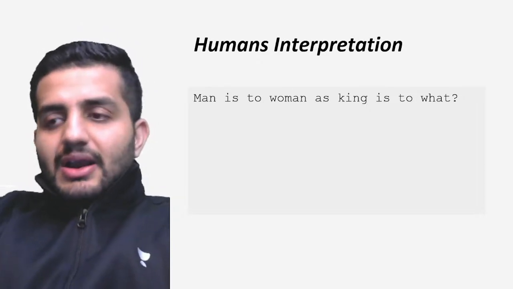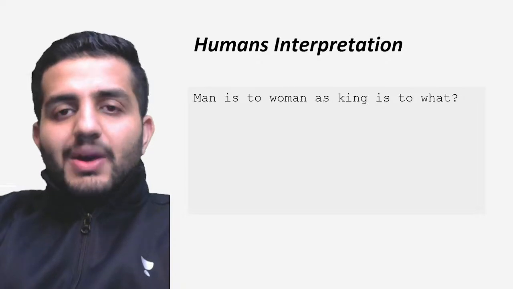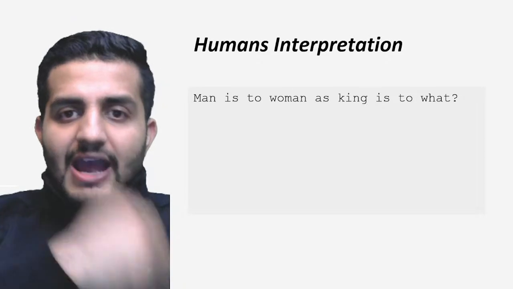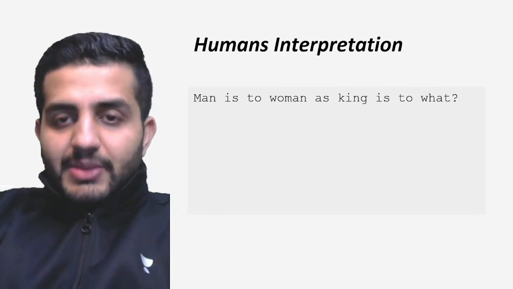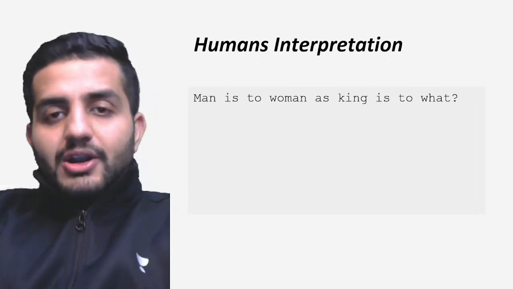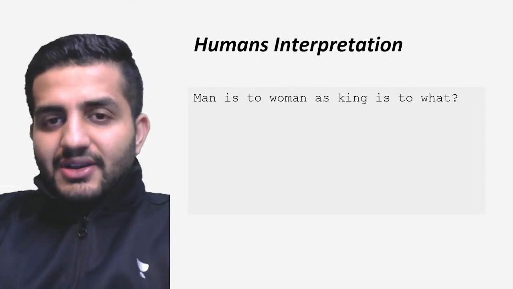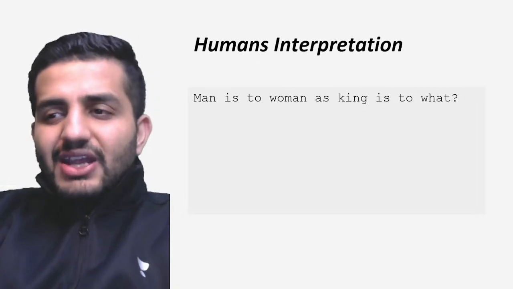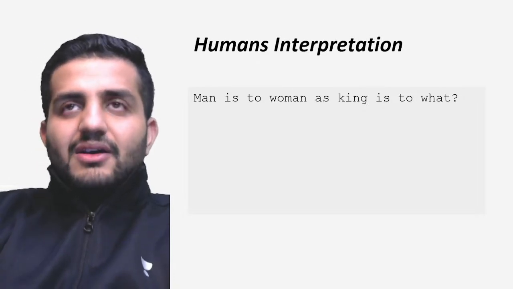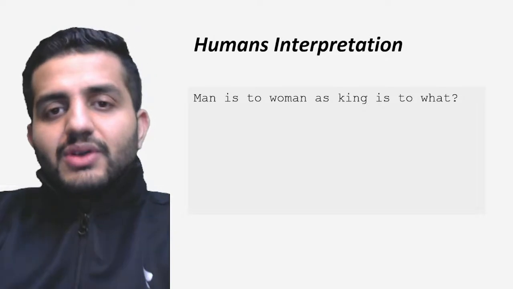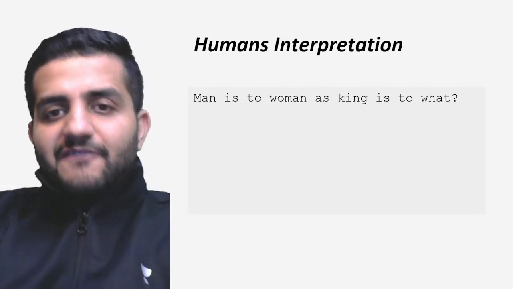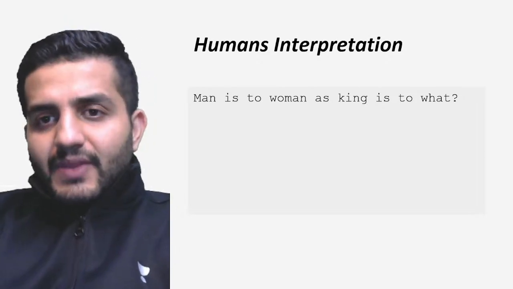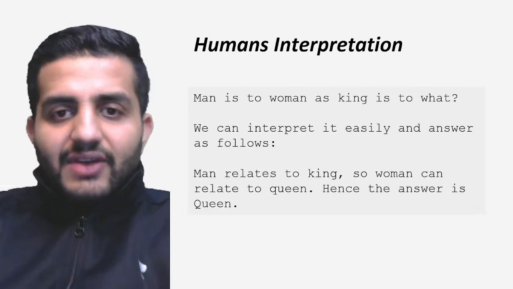Meanwhile, let's proceed. So let's look at how a human interprets a sentence. Now look at this sentence. For example, I have: man is to woman as king is to what? Can somebody answer this question? Humans can interpret this question very clearly. It's not very difficult for us to understand. We are able to decode this question, right? If man is to woman, then king is to what? By default, it's definitely queen, right?